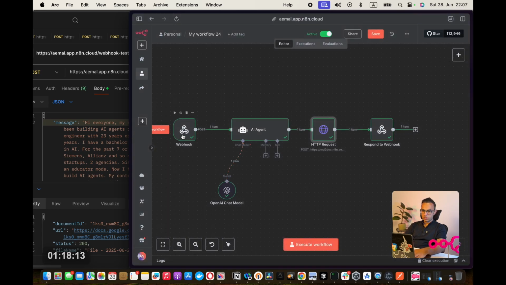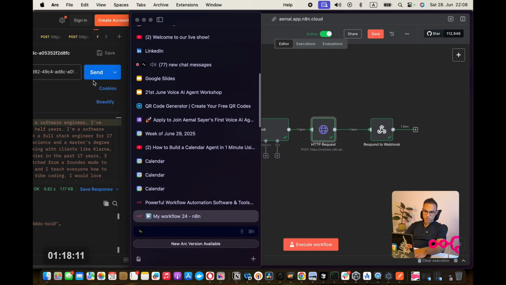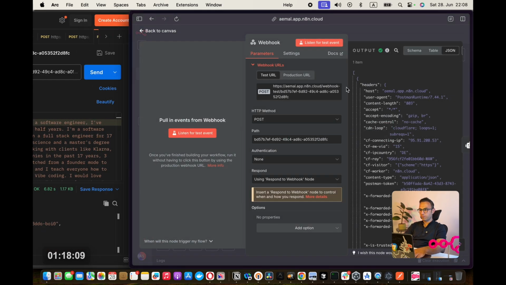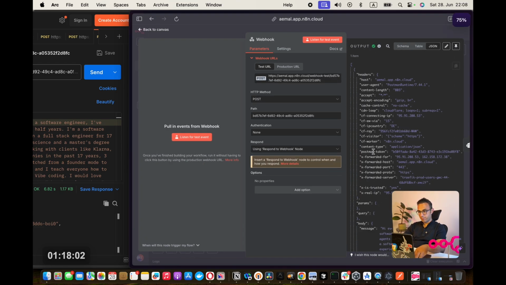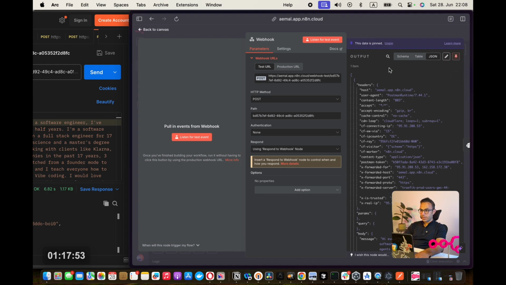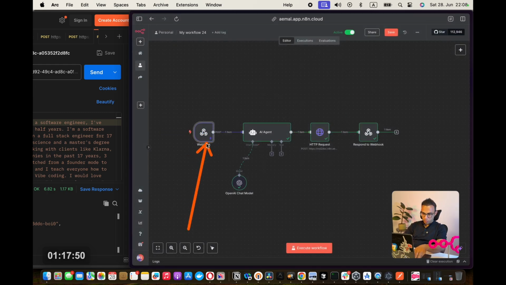Now I don't want to keep running this all the time, keep going here, sending all the time. Therefore, there's a beautiful feature in n8n called pinning. So this thing, pinning, sorry, not that one, the next one, pinning the output. So if I pin this output, and you can see it's now blue, if I execute the workflow, you can see that it executed. I didn't need to click on the send button anymore. So it's a very handy feature.